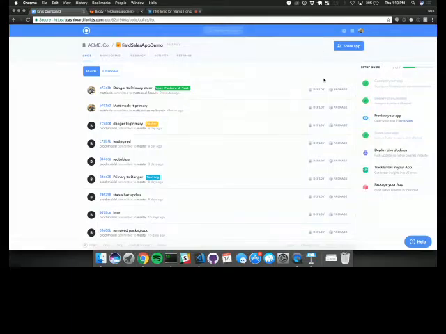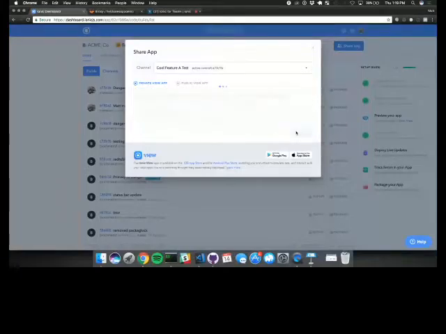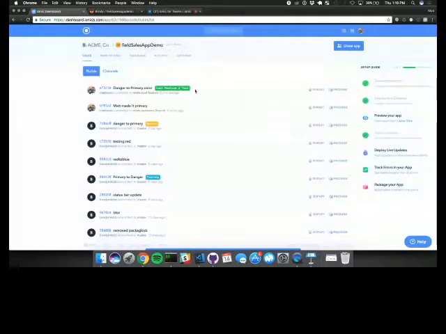Now, any developer who's logged into Ionic View is going to be able to see this code that's shared with them already, right? I'm not logged into Ionic View on my personal device right now, so I've got it downloaded, but I'm not logged in yet. So let's treat me like an external tester here. I'm going to invite Matt plus, is a tester at ionic.io. Hit share with one person on that cool feature A test. And now I'm going to get an email that gives me access to view that code that I pushed up.